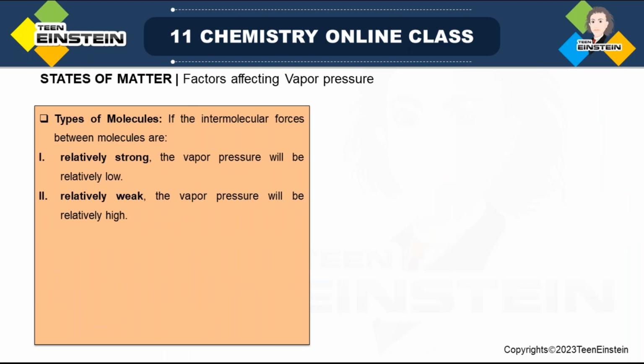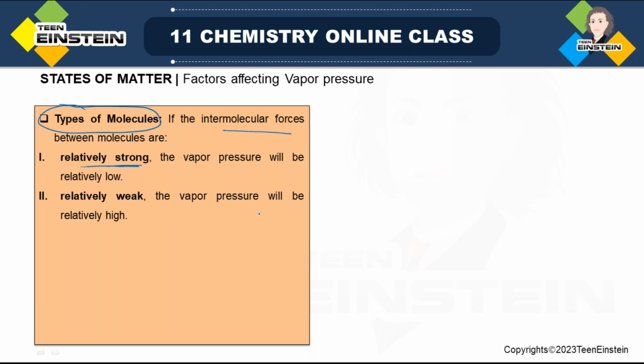So now we will see what factors let you understand that a substance will have higher vapor pressure, and accordingly you can also decide whether it will have a higher boiling point or not. The first point we have here is the type of molecules. Type of molecules basically means what type of intermolecular forces are present. Remember, in the first class of this chapter, we discussed intermolecular forces, that is van der Waals forces. There we saw dipole-dipole interaction, then London dispersion forces, hydrogen bonding, everything under van der Waals forces. So when these forces are very strong,